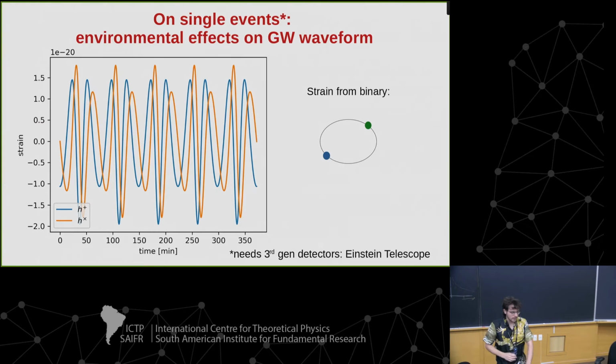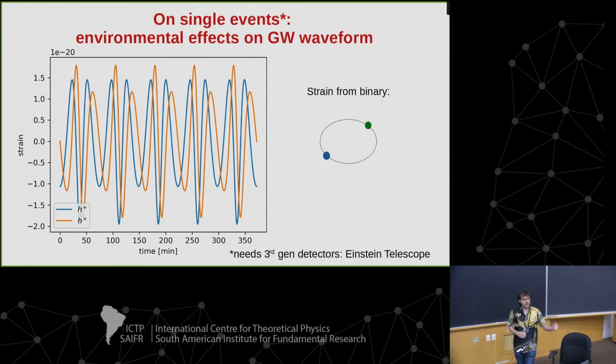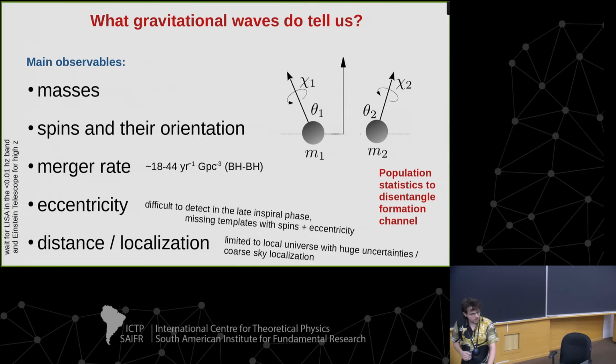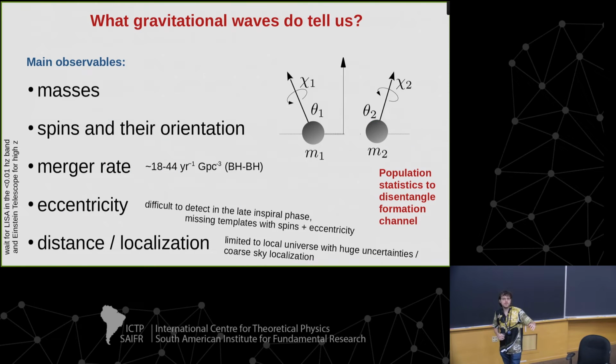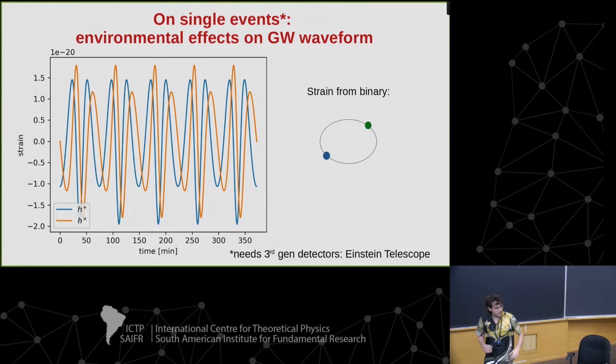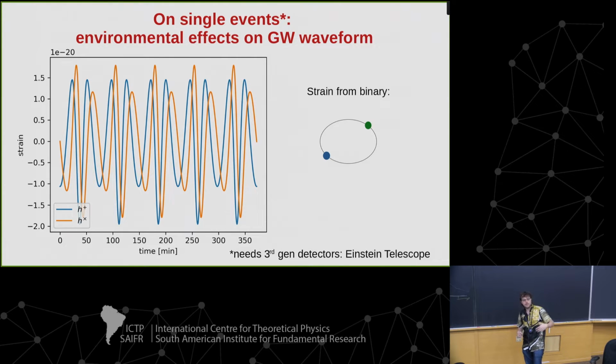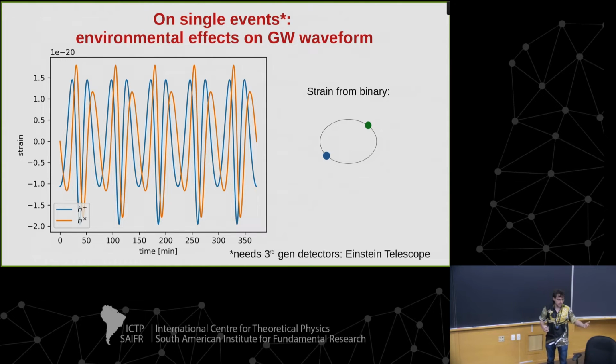Another way is to measure environmental effects on the gravitational waveform itself. In the previous case, we are just assuming that these binaries merge in relative isolation, so the waveform, the signal, is exactly what we expect from an isolated binary, though the properties of the binaries are conditioned by the original environment. In this case, the binary actually merges in a crowded environment with some other stuff, so it's not in complete isolation.